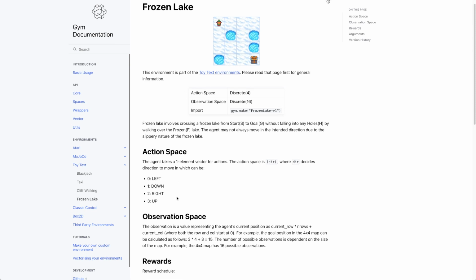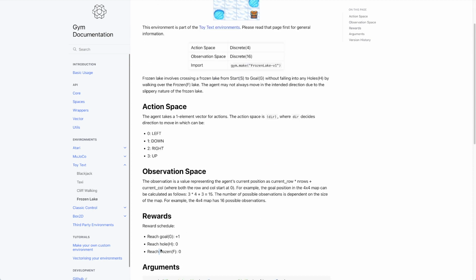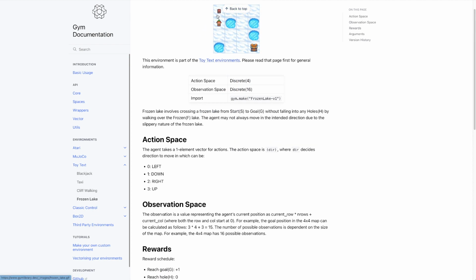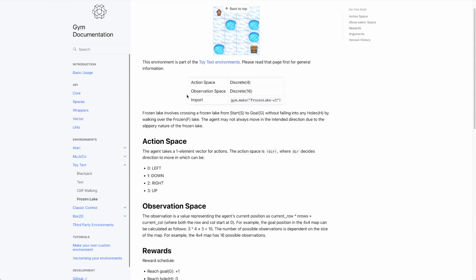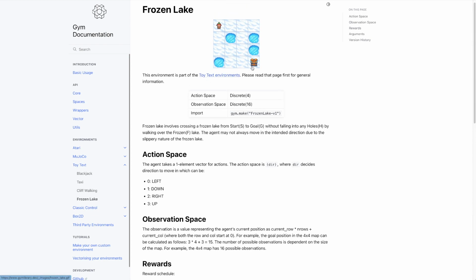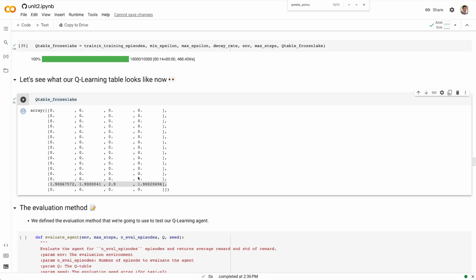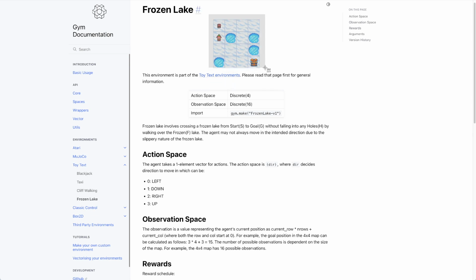Now, we're not decrementing reward based on time, right? So you could actually go on forever. You can reach ice forever. You can go down, up, down, up, down, up, down, up forever, and you're just going to get 0 reward. There's no negative punishment for taking too long. There's only a positive reward for reaching the present. So if you look at this and you think about that map that we just looked at, it's really hard to do that as a human. So is there a way we can just